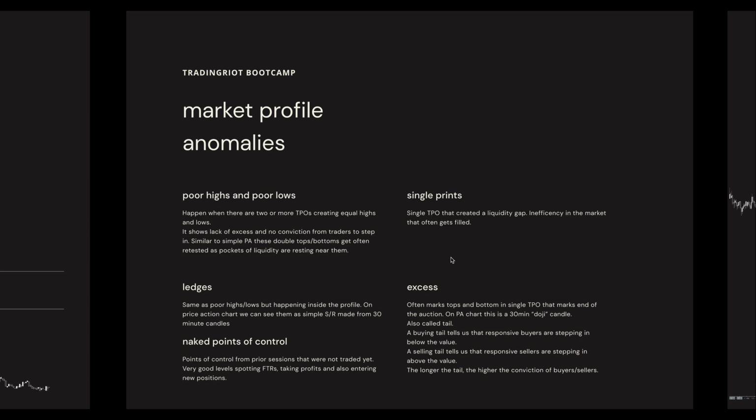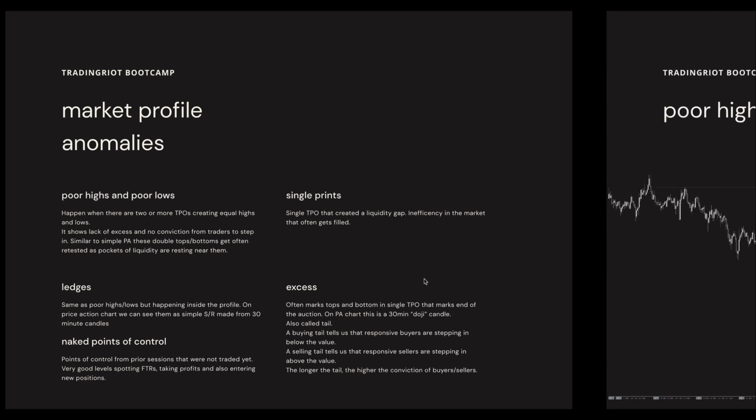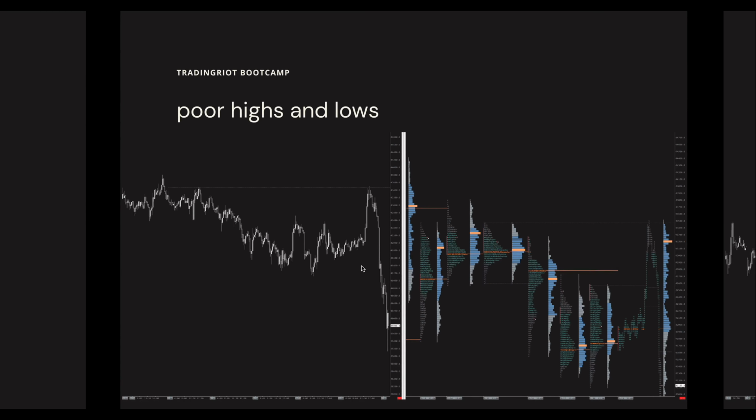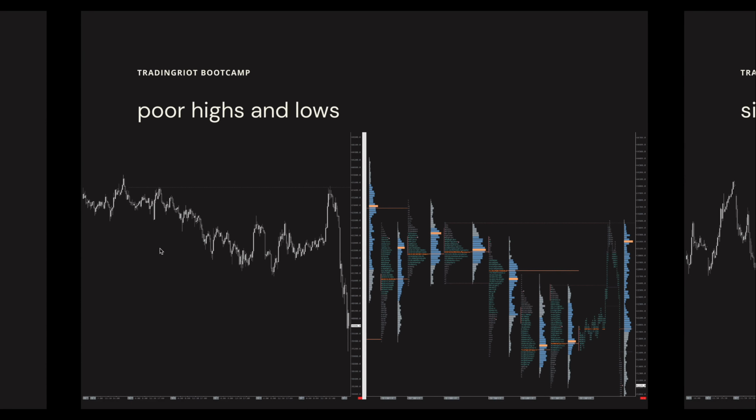So this is something that I already covered a couple of times here. The poor highs and poor lows. Okay, you have a poor high, which is in here. The funny thing is, if you will be trading Bitcoin or any thinner markets, you'll have to increase the tick size of your profile. So although you might see a poor high here, these 30-minute highs won't be 100% equal, which is actually a good thing, because